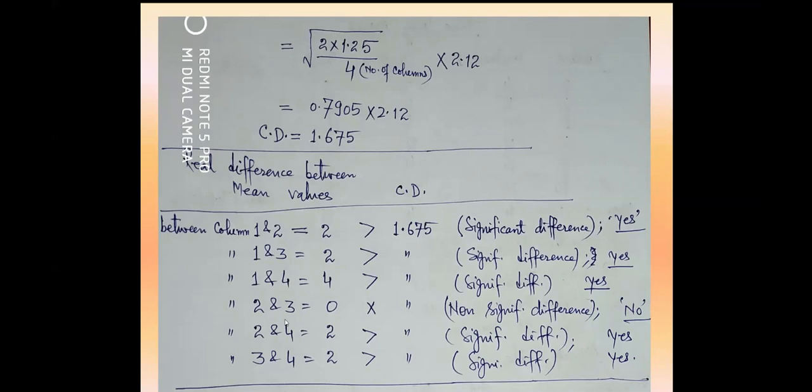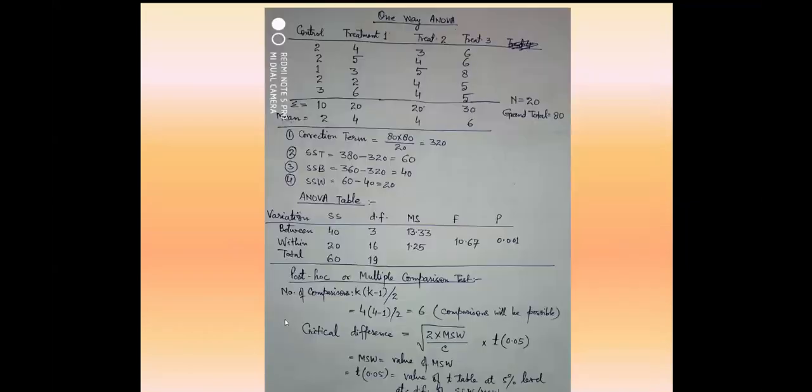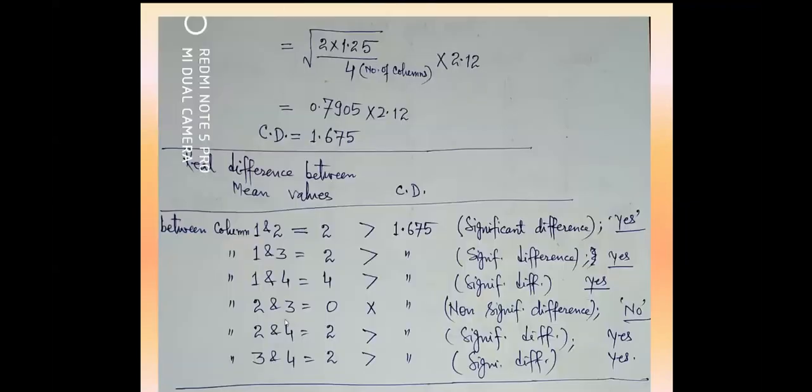That becomes essential, meaning they will accept, or you will be able to explain it properly when you have a clear-cut idea whether the experimental groups are different from the control one or not. Like in this case, you see there is a control group and there are treatment groups. So you can say that all the treatment groups are different from the control. Like the control group has its mean value 2, whereas the rest of them have mean values 4 and 6. So you can say that there is a significant difference from the control. So that is why this post hoc test becomes very important, very essential.